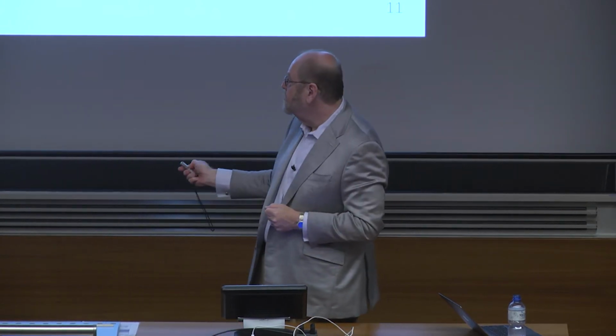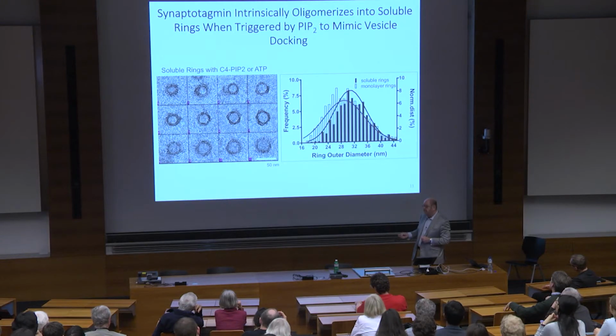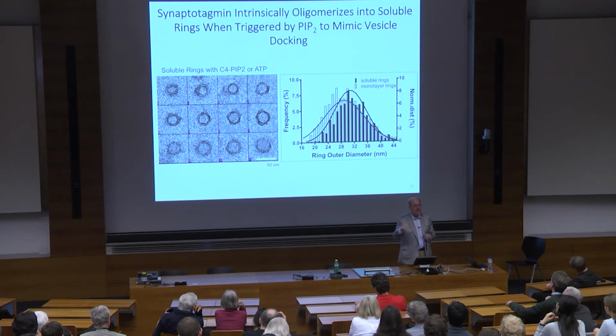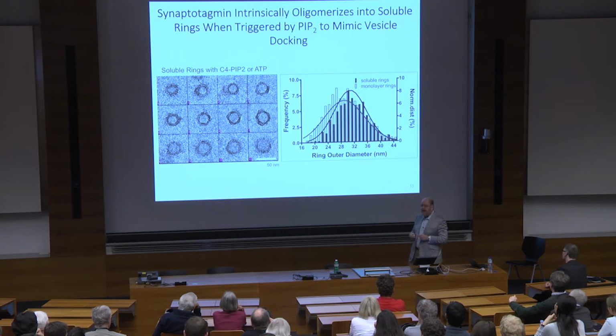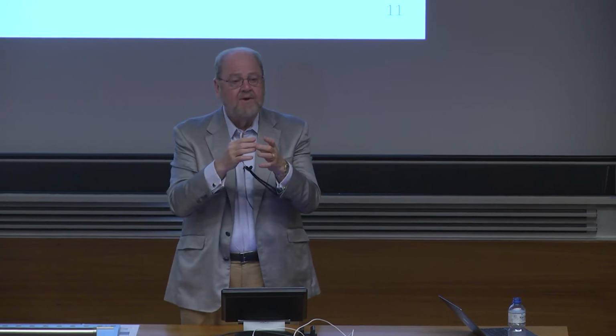These rings can be visualized, as you see, on a grid by electron microscopy. They can be isolated as a group, as a class by sedimentation. We can measure the polymerization in a calorimeter and thus get a binding constant and an energy for synaptotagmin B to B. And we can quantify the structure and its shape by fluorescence correlation spectroscopy. And so, this is not 100% yield in solution. It's about a 20 or 25% yield. There's an equilibrium when it's in solution between polymer, closed oligomer, and monomer.